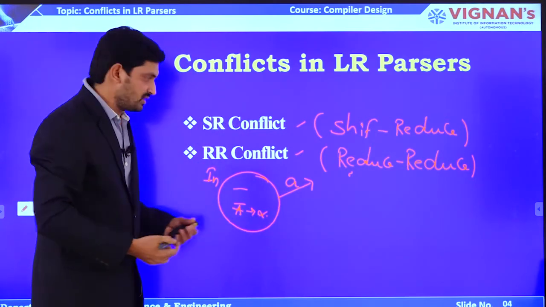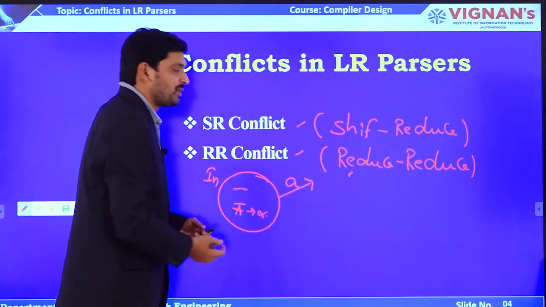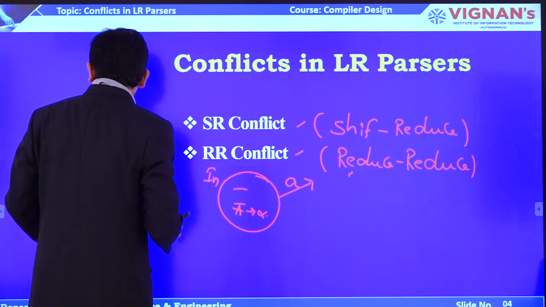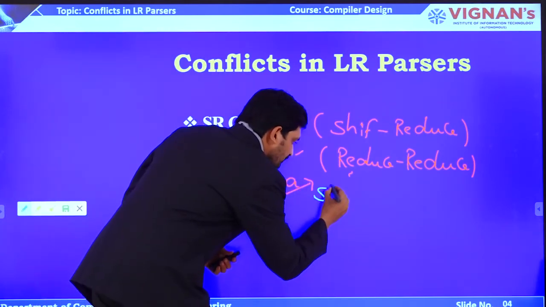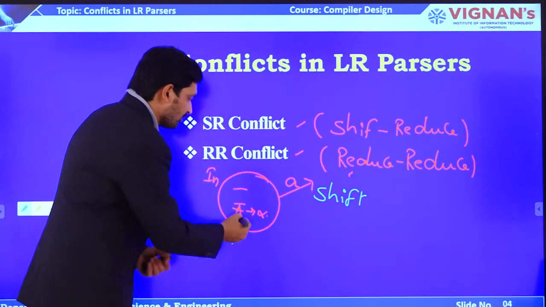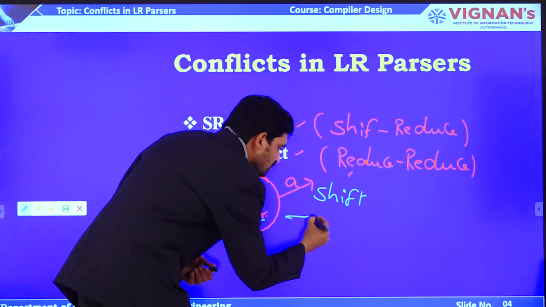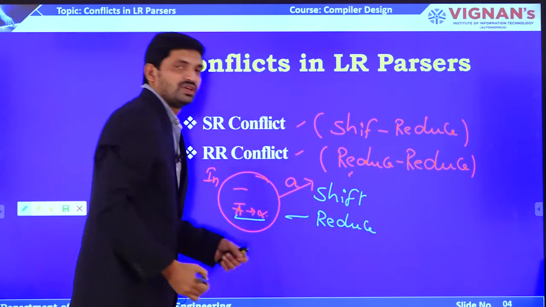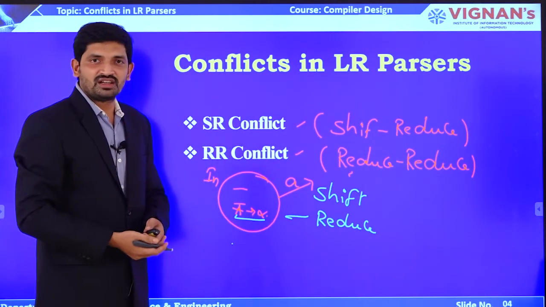So, if there is a go to operation depending upon a terminal symbol, definitely I have to perform a shift operation. And because of this final item, I have to perform a reduce operation.